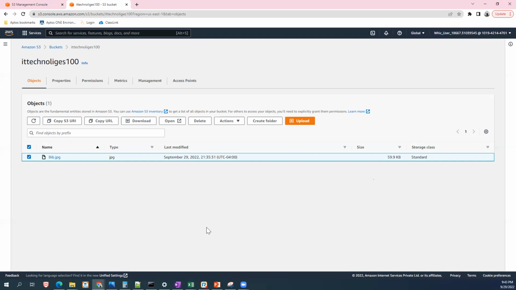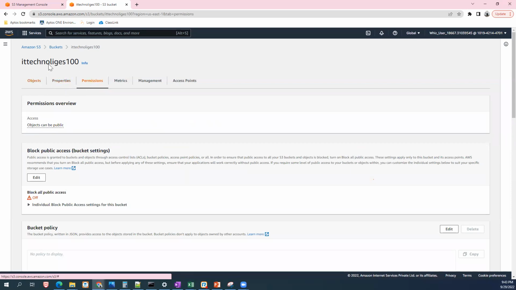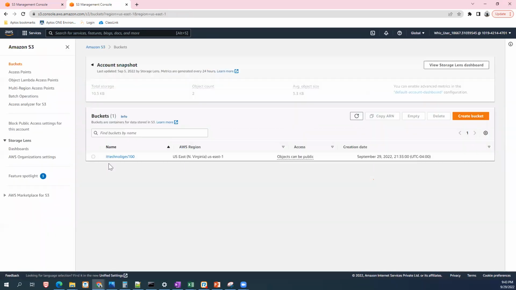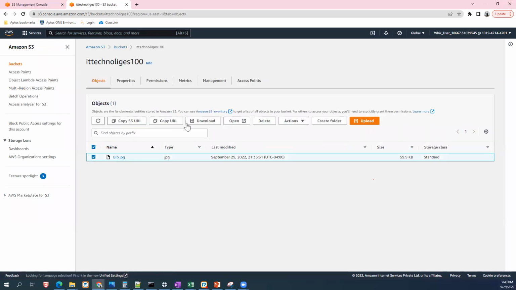Yeah, I understand. So that's why public access means including myself also. For myself also, it needs to give access. For private access, we don't need that. For me, at least, I don't need that for private access. That's why I should be able to download, upload, and play around with it. I can access as long as I'm logged into this console.